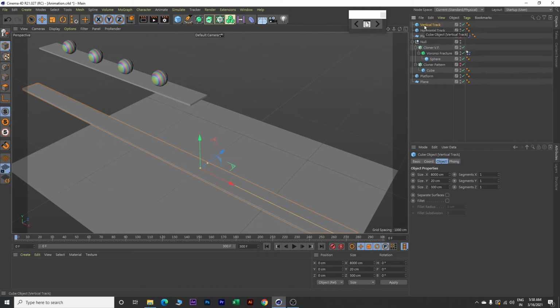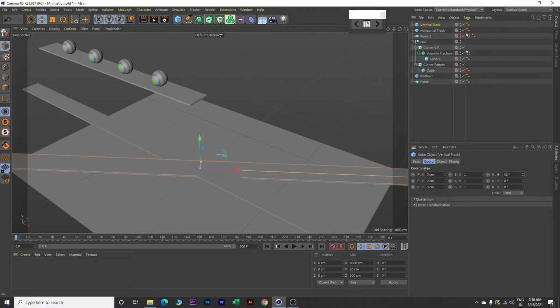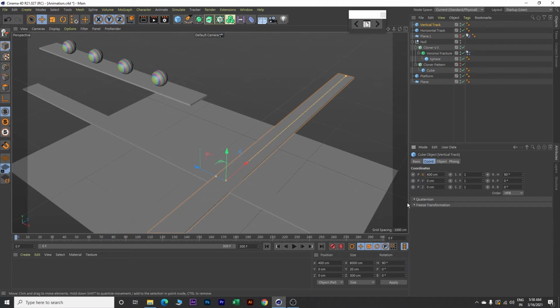Now click on this, go to coordinates and go to RH and increase this to 90% and change this X position to 400. So now we have two tracks, one is vertical and one is horizontal.